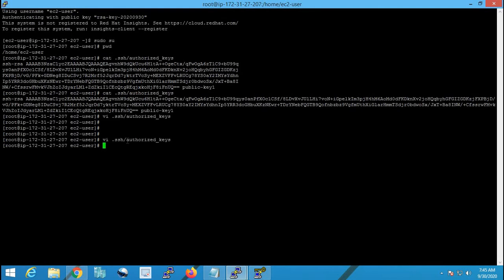So once the key is deleted, from now onwards we will not be able to log in with the old key, because my private key and the public key do not match. So let me exit from this, otherwise I'll be in trouble, right? I'll say exit. Okay, I'm out.